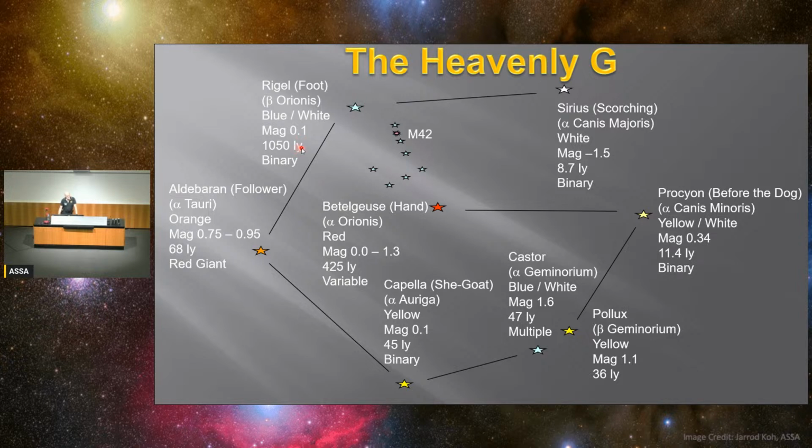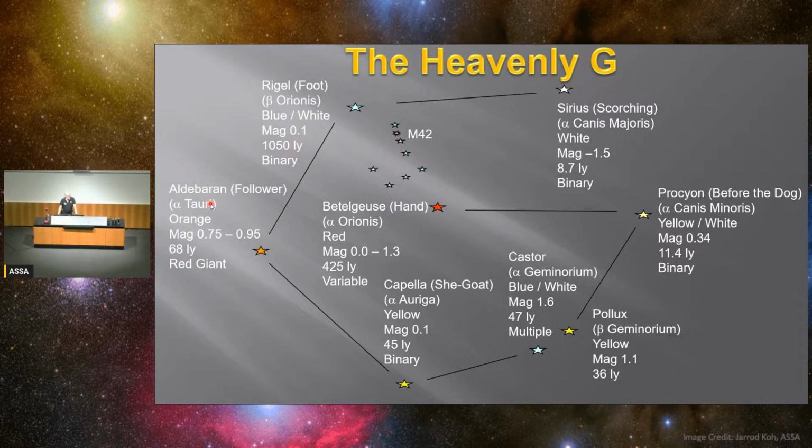I've actually imaged Rigel myself, and it is a binary star. And you can see the secondary star in an image, and it's just like a little pinprick of light next to a searchlight. And I did a bit of research and found out that the secondary star is 100 times more luminous than the sun. And yet it looks like it's just a little pinprick next to the searchlight. Moving around,